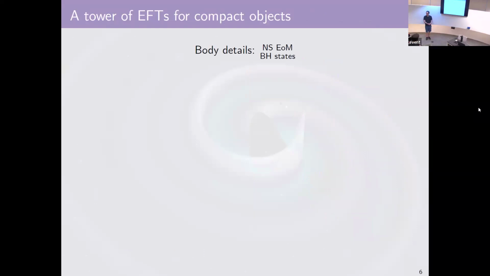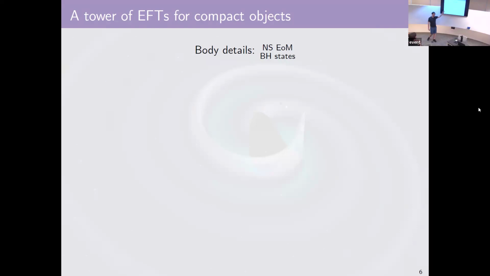So I phrase this as an EFT description, so I should talk a little bit about what we mean by effective field theories for these systems. And the basic idea is that we're going to have some collection of body details. And don't think too hard about this because we're going to ignore it very soon, but there's going to be some collection of body details, some microphysics of your theory, whether that's descriptions of the black hole states through whatever description of black holes you're going to use, some neutron star equation of state, equation of matter, all goes into some body details.